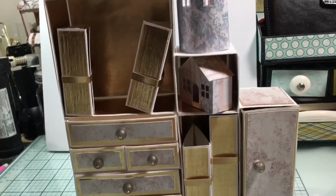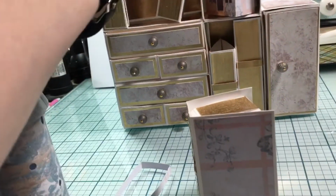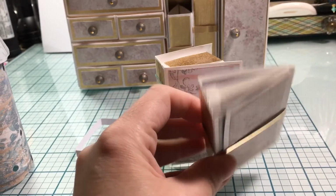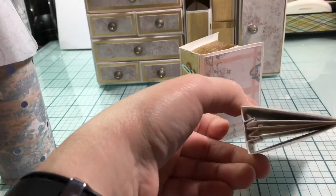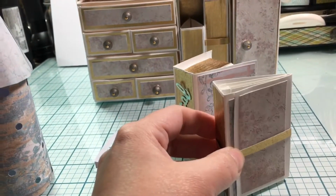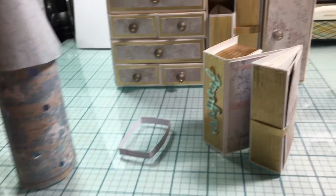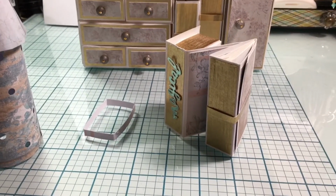I wanted it to be multi-use, so I did make another book here that's a folded style with some pages, and you could put some flatter embellishments on each page to gift or just to keep. So I've got two styles of books, and I think I will make a separate video if you guys want. Let me know in the comment section if you...